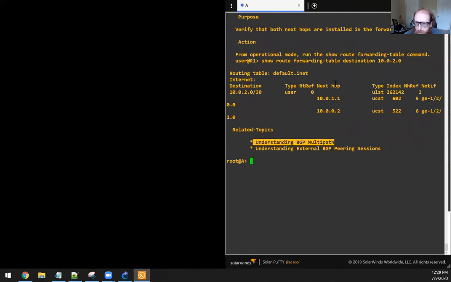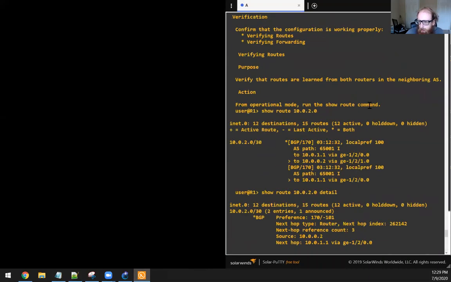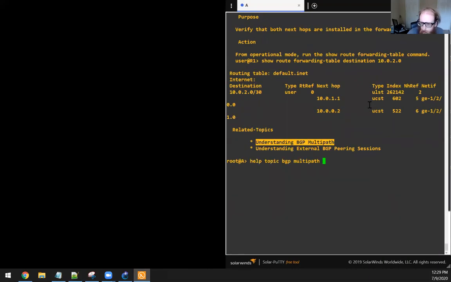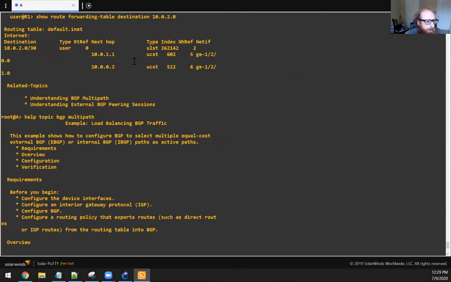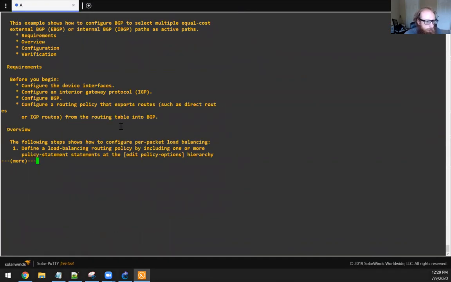Just to reinforce what the script does. So we're going to look for understanding BGP multipath. The one we've got now is an example for load balancing, but we're going to do OP helper and then paste in that related topic, and hopefully we'll find it in a time period that makes sense. But before we do that, let's